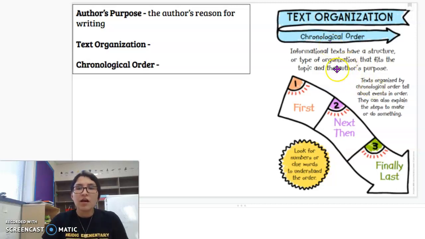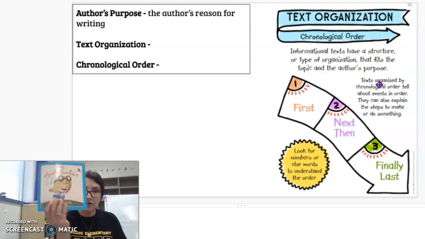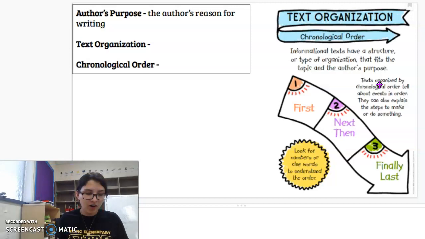So, chronological order. It's informational texts. So informational texts are what? Books that give you information. So informational texts have a structure or a type of organization, the way it's set up, that fits the topic and the author's purpose. So these different books that we've been reading, narrative nonfiction, I'm Amelia Earhart, Oscar and the